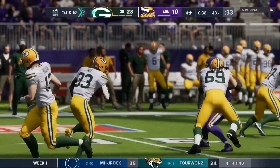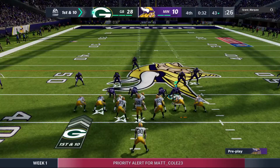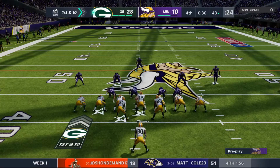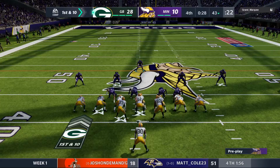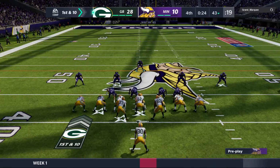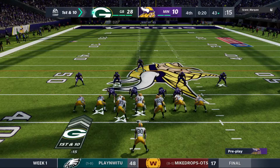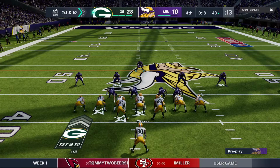No doubt those are the types of carries they're looking for here, Charles. The lead in the fourth quarter. This is when coaches... Good job, bro. That was some precision passing, man. Like, just on point all day. At this point of the game, that means they're really counting on that offensive line, counting on the runners, taking care of the football. Because you're going to tell your quarterback, hey...